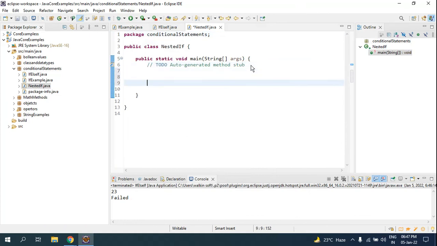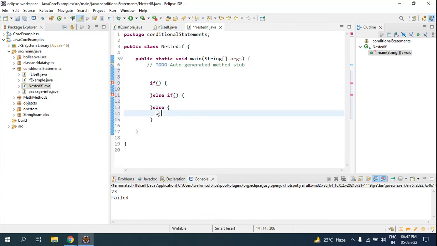With the previous example, I'll show the syntax. If, here this is the syntax. If you have multiple conditions, else if condition, again this is the syntax, and again you have to end it with an else. Here I am getting an error because I have to give the condition. If no condition, I simply write 19 equals 19, 34 equals 89. I have just assumed that. Look, this is a warning. You need not worry about the warnings. You just have to focus on the errors. So this is the syntax.